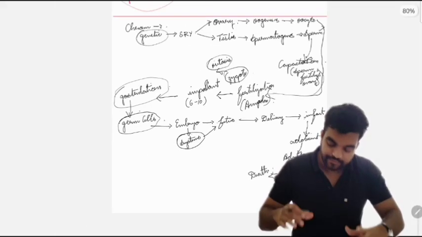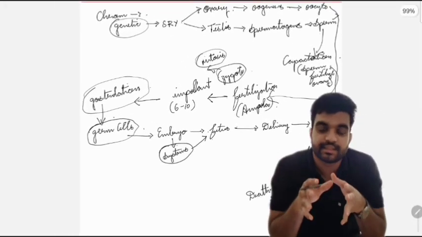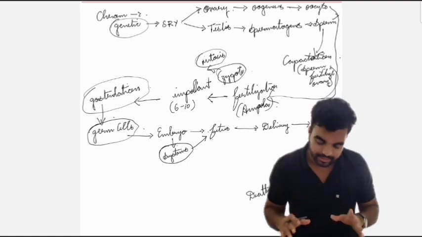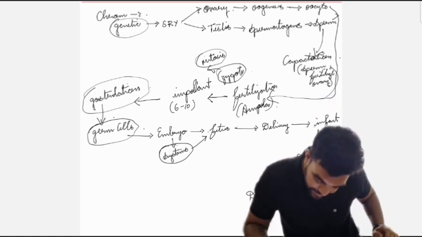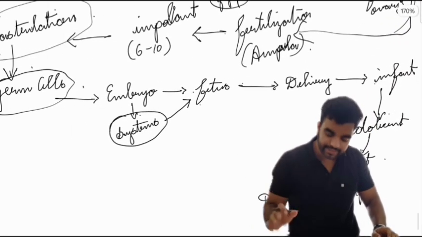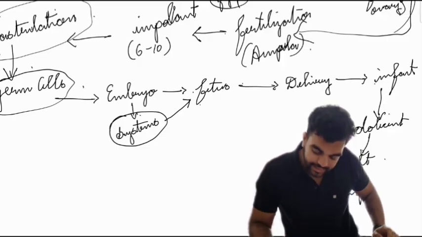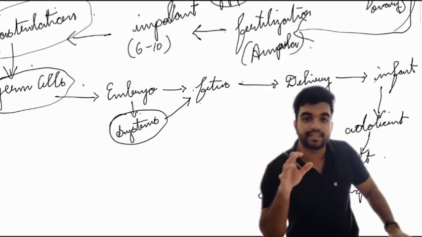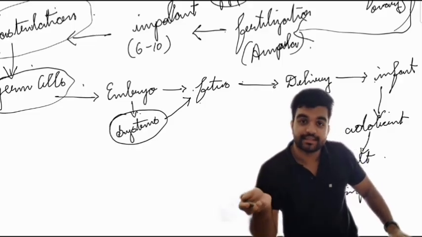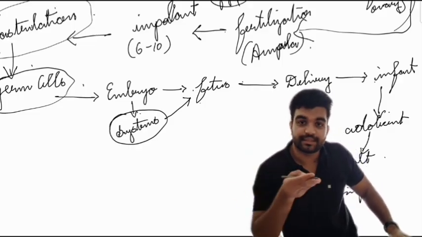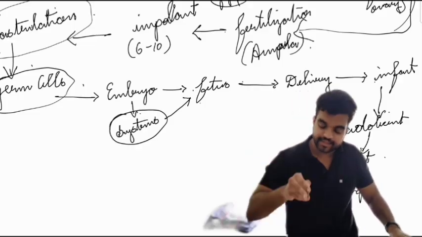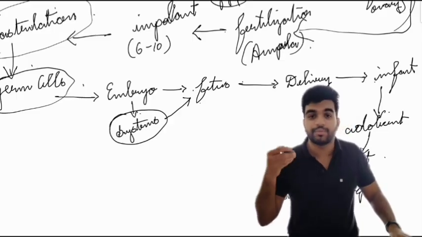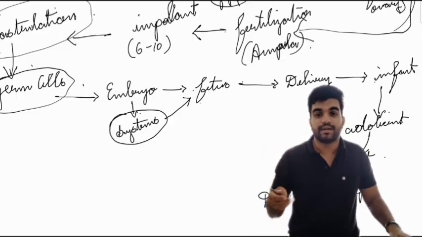So this is everything that we are gonna discuss in our chapters. So you need not worry. I will tell you each and every step in all these 10 days. The fetus formation, the delivery, the infant formation, what are the changes that occur in an infant, what are the clinical significances in an infant, adolescent clinical significance, what are the cases that we'll see, everything, the adult, the aging, what are the new medicines that have come up for reducing aging,